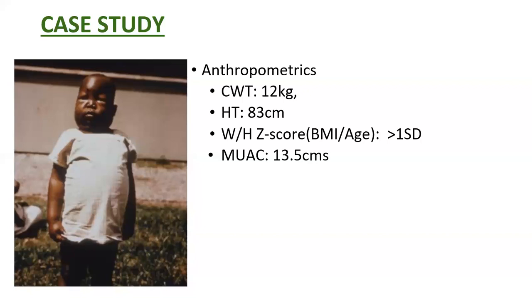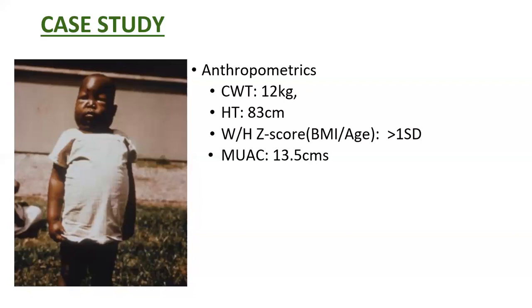Hence, it is paramount to say that it is good to have client history, just as we learned in the previous webinar series, that client history is very important before you start either assessing the child using biochemical assessment or having any other intervention, so that you're able to observe the child and know the diagnosis. And two, if you're able to see the baby physically, you would note that anthropometric assessment will not be a good measure of assessment in this situation, since the child has bilateral